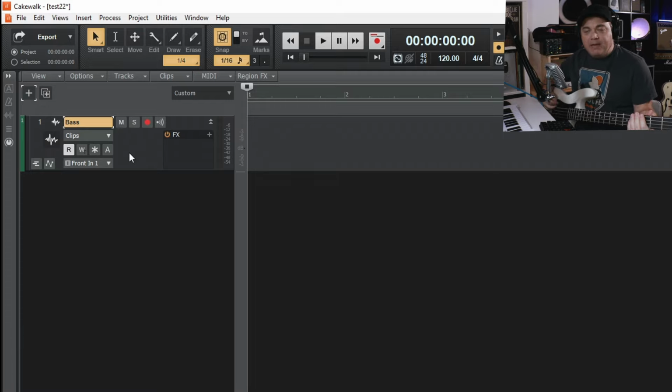And you'll notice if I play my bass right now, nothing happens on the screen. You don't see any levels. We don't hear it coming in. What we're going to want to do is first click on the record enable here, or arm for recording button. We'll click that. Now if I play,